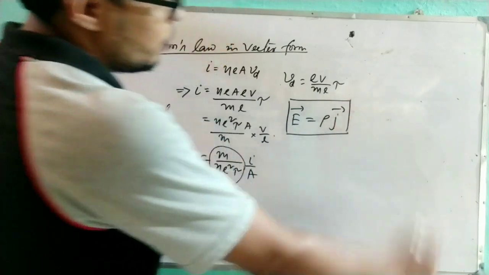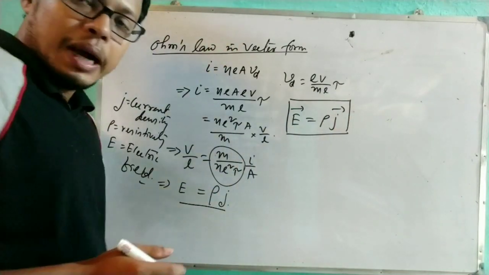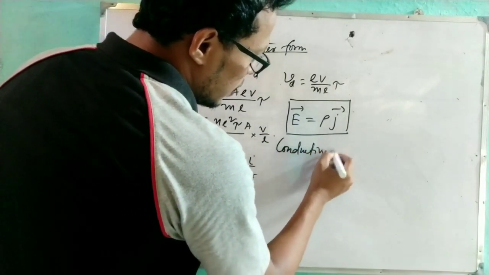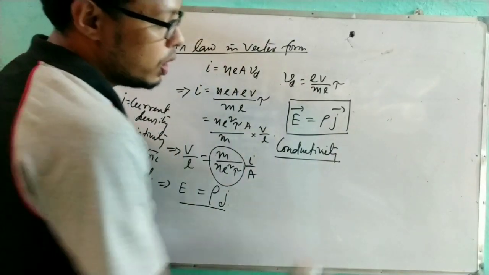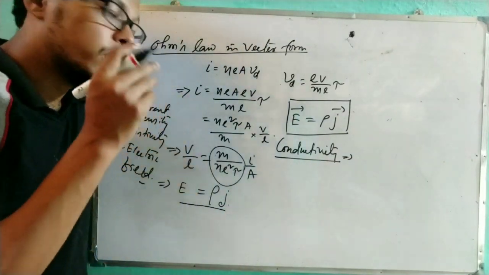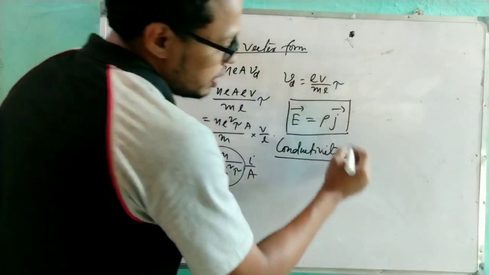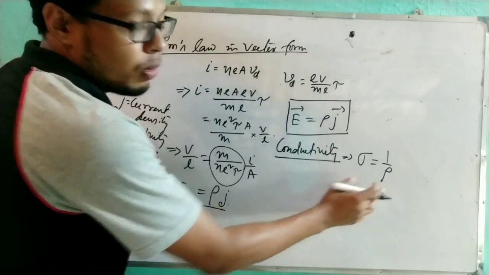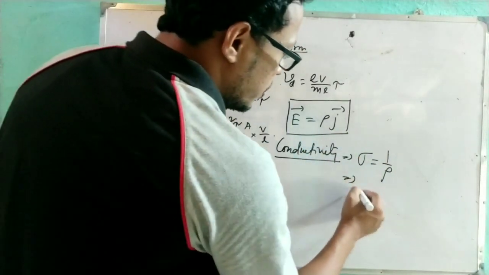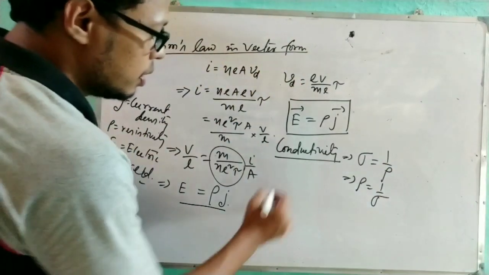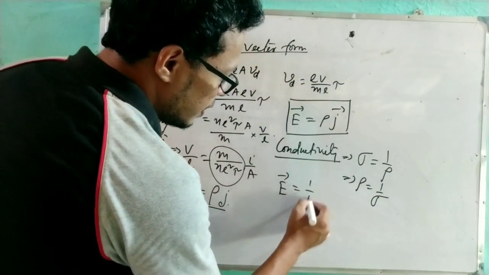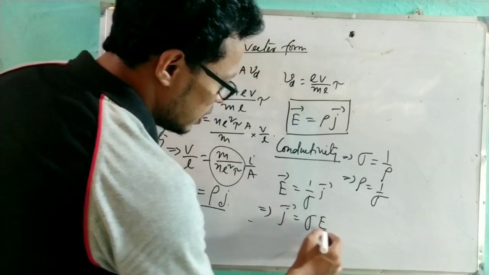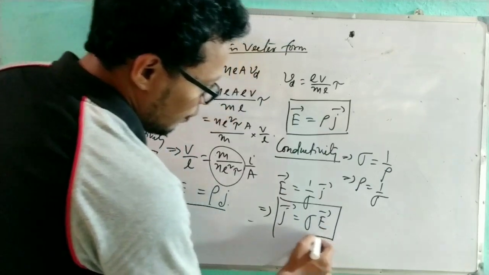Okay. Now one definition you have to know, which is called the conductivity. What is conductivity? The reciprocal of resistivity is called the conductivity. It is represented by sigma, meaning 1 by rho. So in place of rho we can write 1 by sigma. So write over here E equals 1 by sigma into J. So J equals sigma E. This is Ohm's law